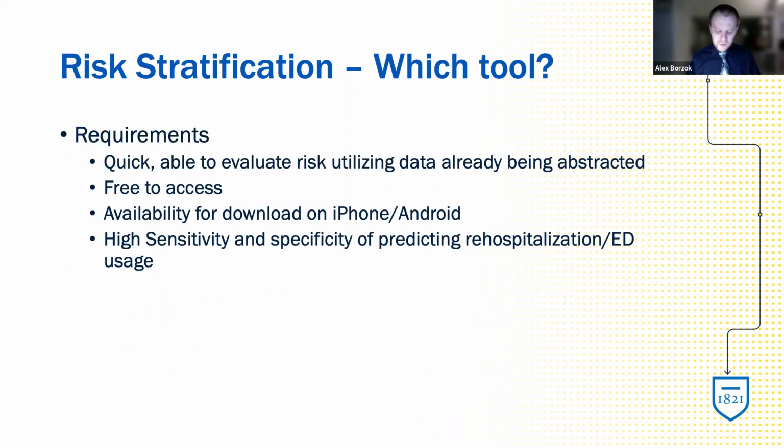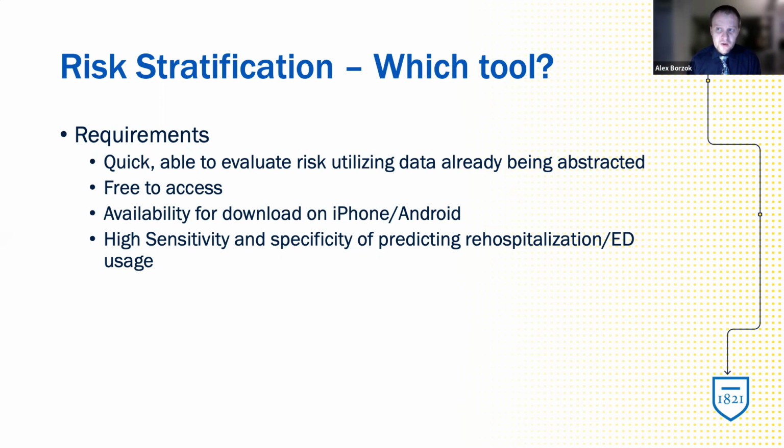So ultimately though, if you're not able to utilize machine learning, whether you're in a very small network or very small practice that doesn't have those resources available to you, what tool do you use? So I mentioned before that all of these other tools, the LACE Plus, CCI, HCC, and so many other ones that are out there, the HOSPITAL score, these tools function clinically pretty much equal to each other as far as their predictability of rehospitalization risk goes.